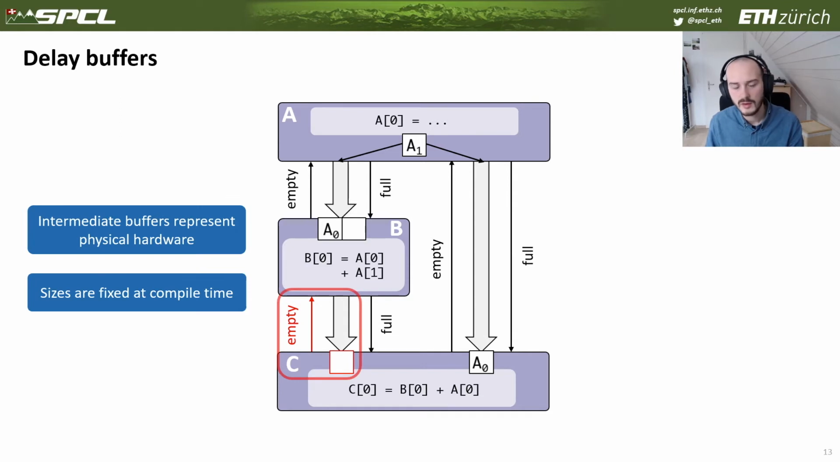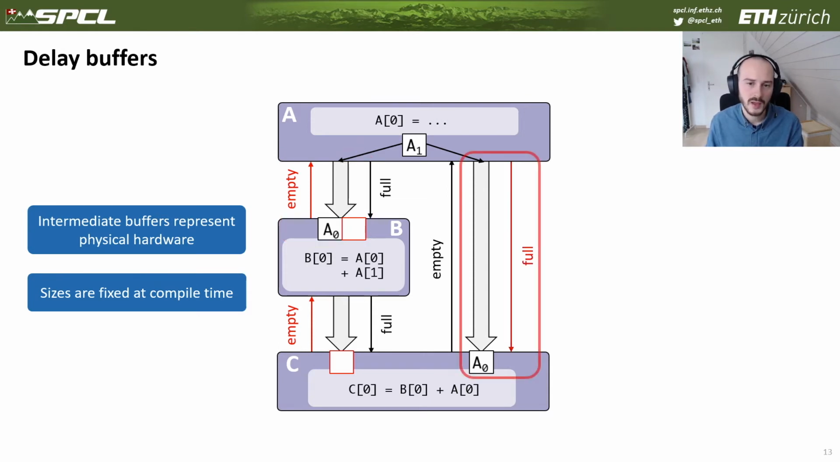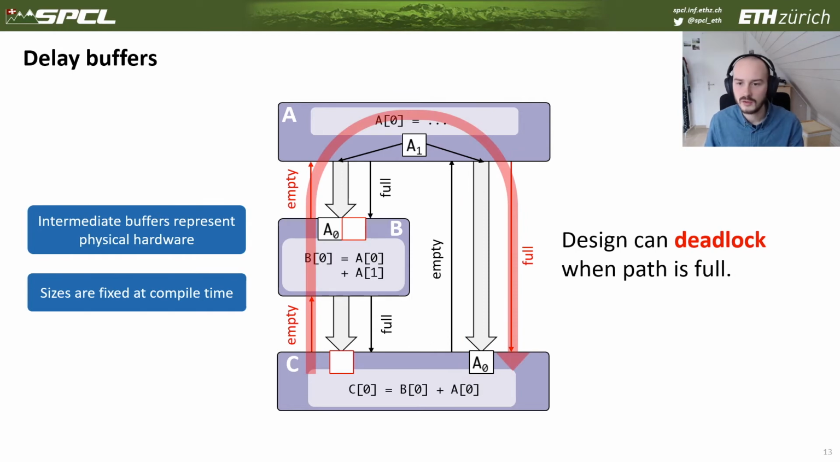C cannot compute anything yet because it's waiting for data from B to arrive, so the empty flag is set here. B cannot compute anything because it's waiting for the next value of A to arrive, so the empty flag is set here. However, A cannot send more data right now because on the right-hand path, on the path to C, there is no space to send it, so the buffer on the C side is full, meaning that A cannot send to C. And what this means is that we actually end up with a deadlock,